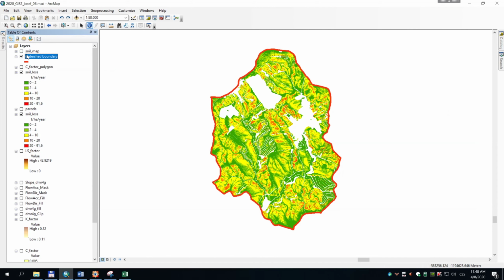I was thinking that what we call here watershed boundary is the polygon of the catchment, but it's not. It's only the line of